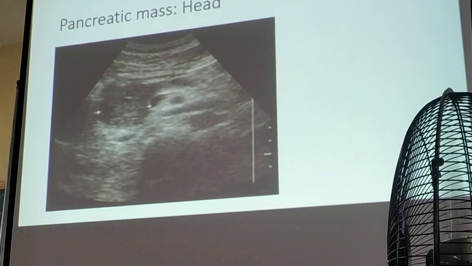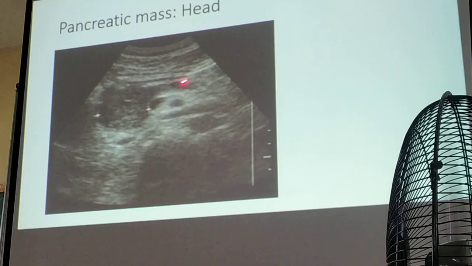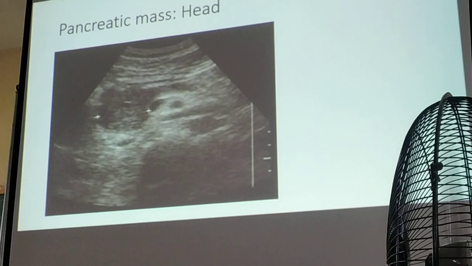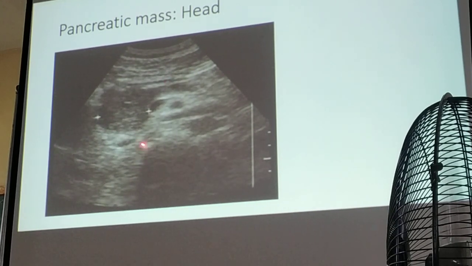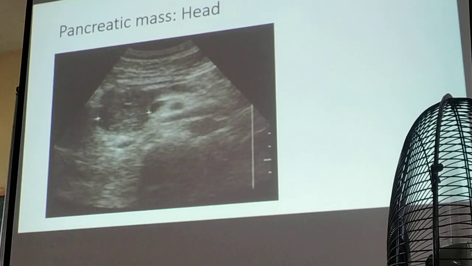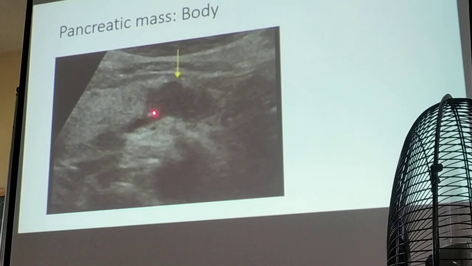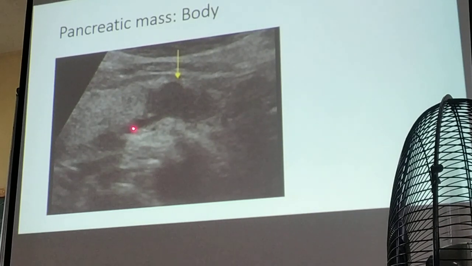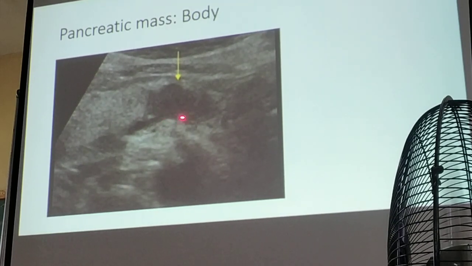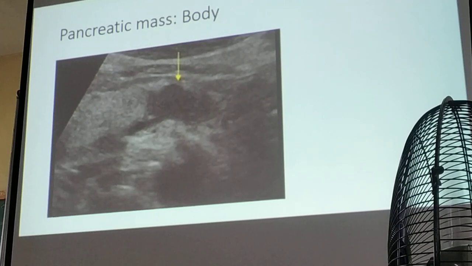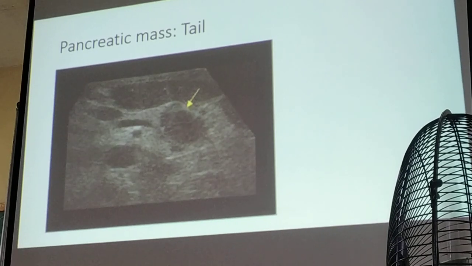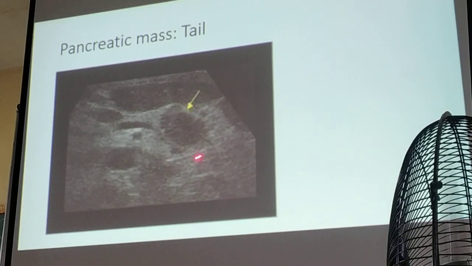And then, again, this is your splenic vein, this is your pancreas. The pancreas is divided into three parts. So this is the head, that's why this is the pancreatic mass on the head of the pancreas. The other one would be seen at the body. So if this is your splenic vein, the head would be here. So this is the body. And then below the body, it goes down here, that would be the tail. Head, body, and tail. Okay? There you are. You have your splenic, and then